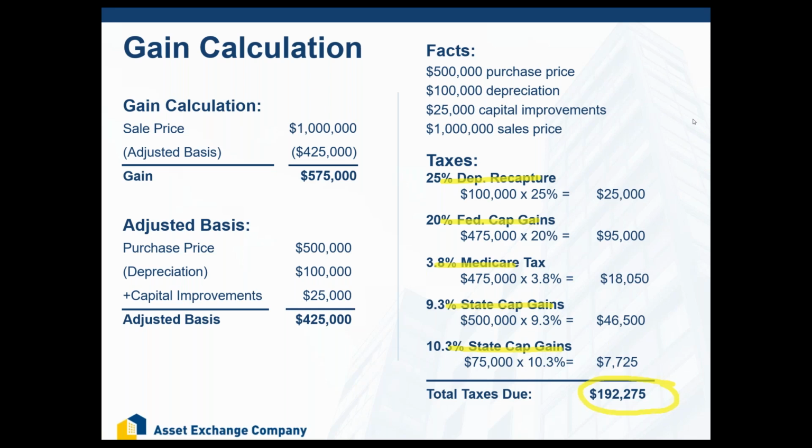Now, if you're just looking to estimate for your client, the safest thing to do is just say, hey, you're going to pay about a third. All right. 1/3 of this number is going to go to the tax man. And then the CPA is going to crunch a number and get the exact dollar amount, but you're going to be very, very close with your estimate.